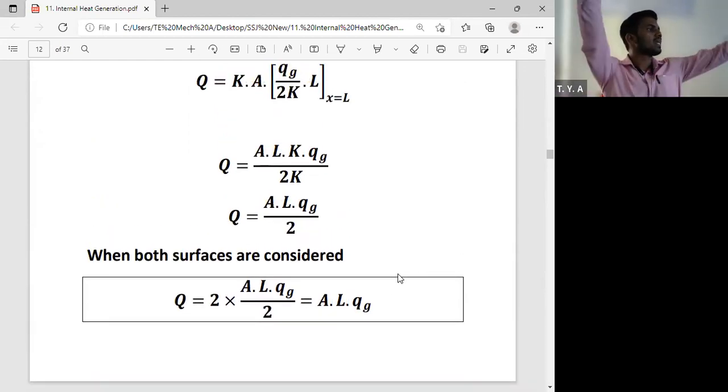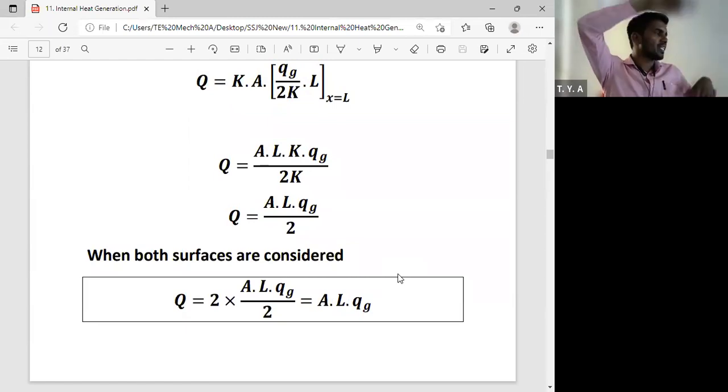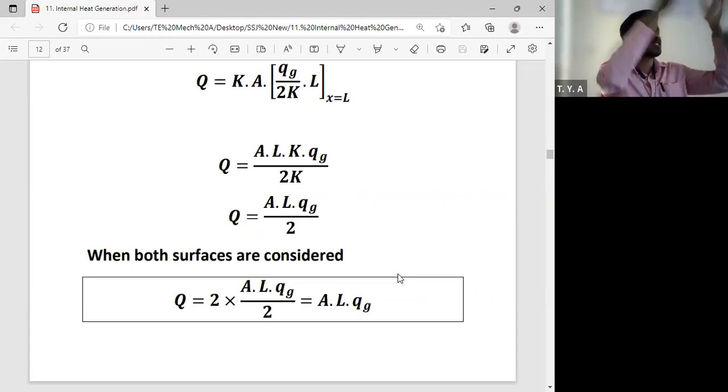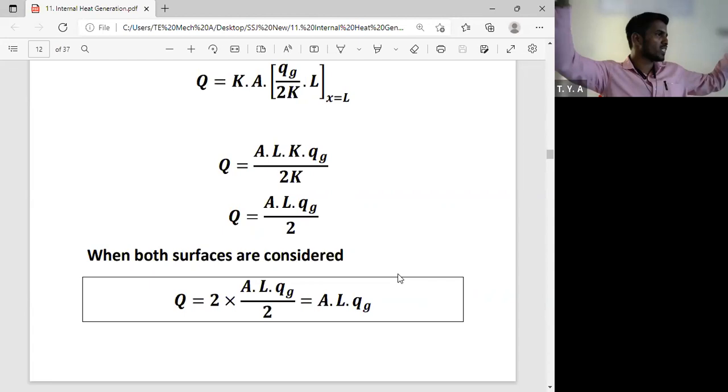ओके, समजलं का सगळ्यांना. प्लेन वॉल मध्ये टेम्परेचर कुठे मॅक्सिमम असणार आहे, ऍट दी सेंटर. सेंटर कडून काय होणार आहे, दोन्ही सरफेस कडे हीट ट्रान्सफर होणार आहे. आता जी सरफेस वर हीट आली ती कुठे जाईल सांगा, सराउंडिंगला जाणार आहे. म्हणजे सराउंडिंग म्हणजे काय असणार आहे, एअर असणार आहे. Then which mode of heat transfer is there? Convection. म्हणजे जेवढी काय हीट कंडक्ट झालेली आहे मिडल पासून सरफेस पर्यंत तेवढीच हीट परत कुठे जाणार आहे? सराउंडिंग मध्ये जाणार आहे. ओके, सो दॅट मोड ऑफ हीट ट्रान्सफर इज नथिंग बट convection.